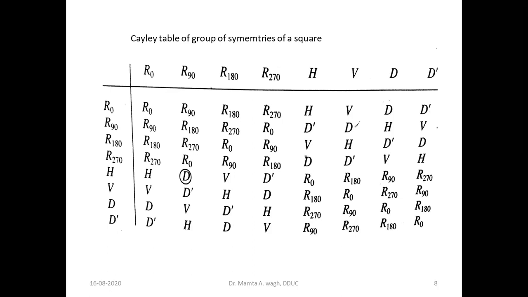If we get commutativity in all the compositions of any two elements, then we say that the set follows the commutative property. But we can see from here that it is not following commutativity. So it is a non-commutative set, or we can say it's non-abelian, because this property was given by the mathematician Abel, so it is known as the abelian property.